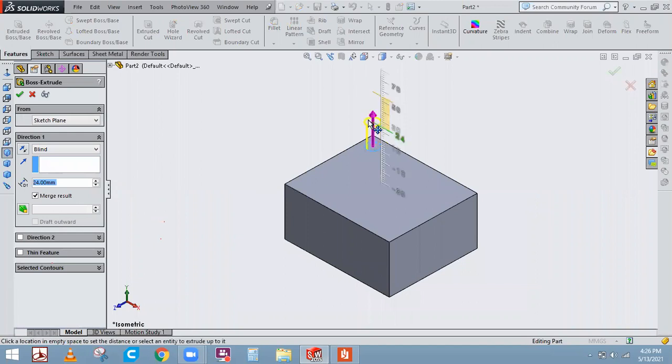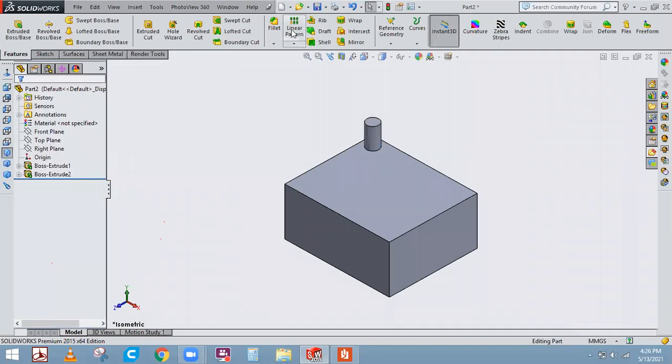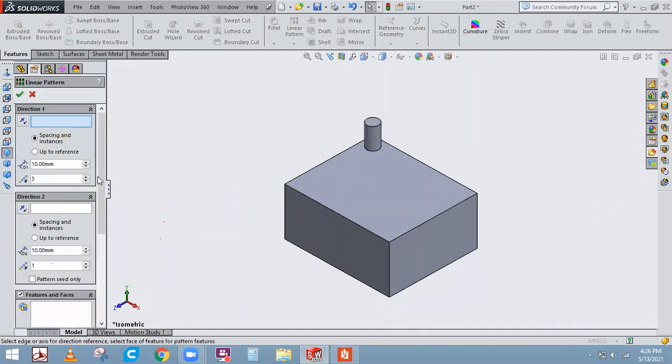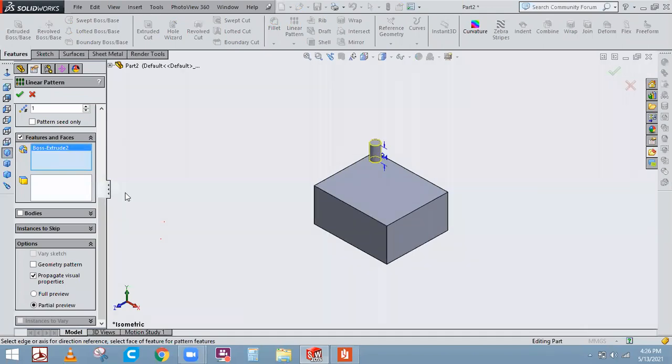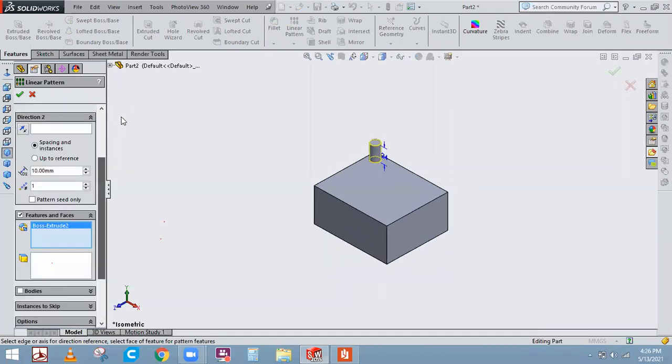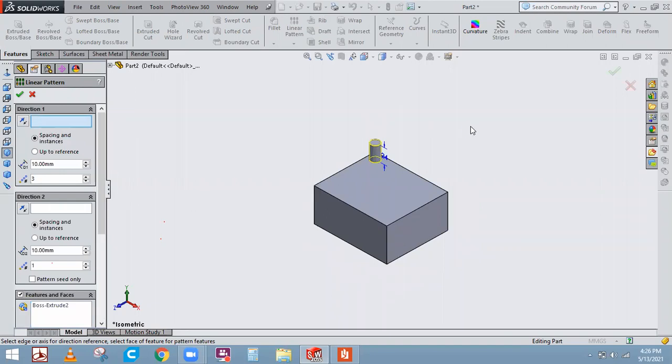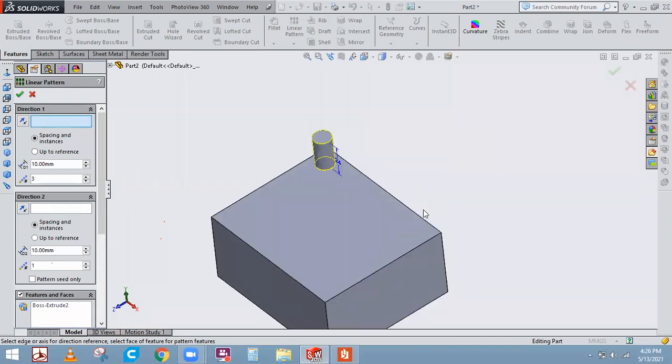I'll just reduce the size of this and say okay to this. Now just go to this linear pattern. The same tools will be there. Just come down. Here, features to pattern. Select this feature. Now just go up and you can see direction one. Select this as the direction of first patterning.